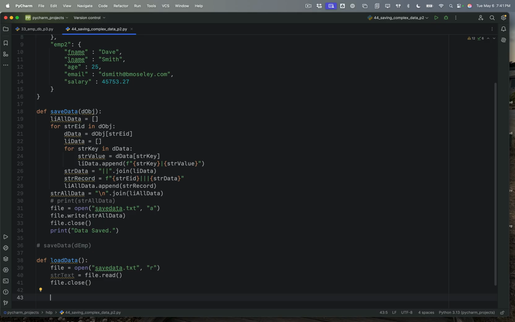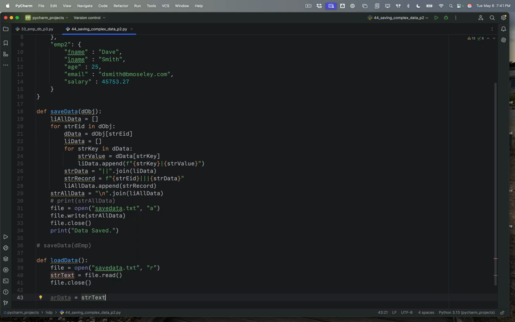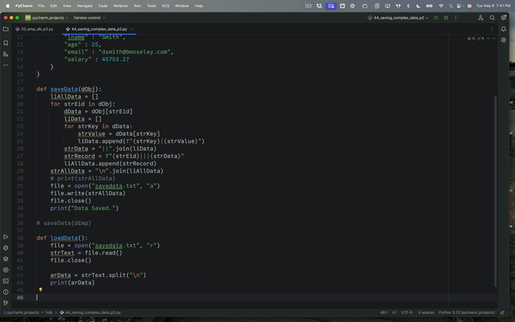So the first thing I want to do is split that by the line break character. So I'm going to create an ar data array or list by taking that text, and I'm going to split it. And for this time, I'm going to use the line break character. So that gives me an array where I have each line. Now let's go ahead and print out each line just to see what we have. Or actually, I'll just print out that array. Let's print it, ar data, just to check and make sure that what we've got going on so far is working. So if I say load data and we run this,